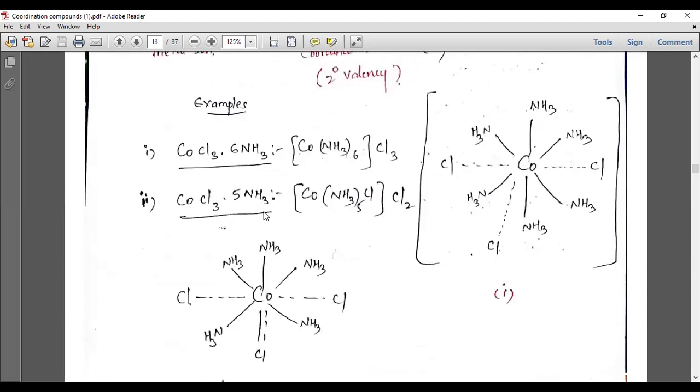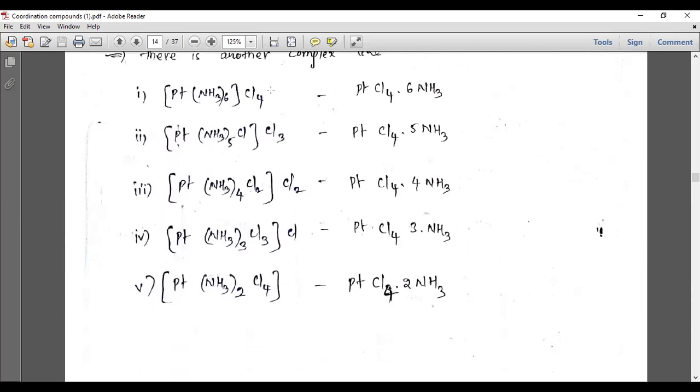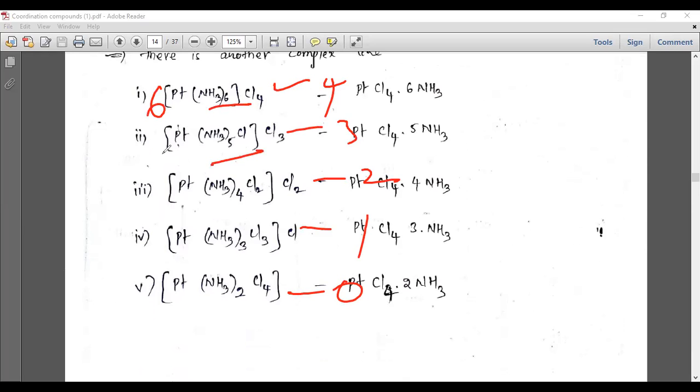So if you observe, the primary valency and secondary valency change completely. Here the primary valency is 4, and here 4, next 3, next 2, next 1, and here 0. The primary valency is 0 also, but the secondary valency here is 6, here 6, here 6, here also 6, 6. Secondary valency will never change, but the color of this complex may be red,